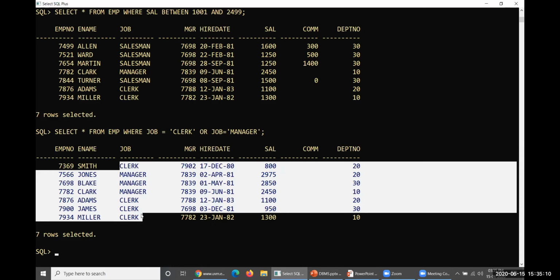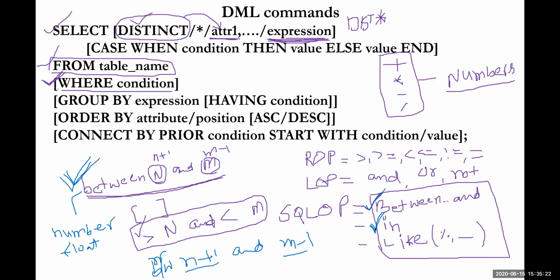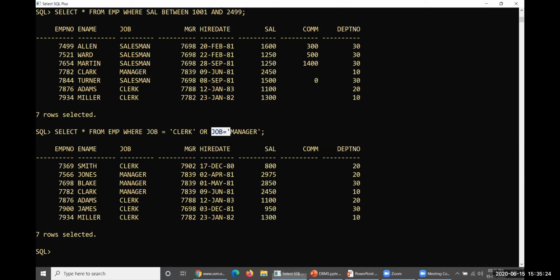If you want to replace job equal to, again job equal to, like this, you may incorporate the in operation here. Instead of writing this whole thing, select everything from EMP where job in, and the values must always be taken in open parenthesis.